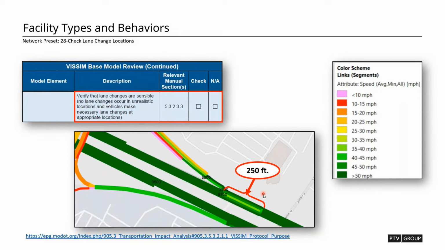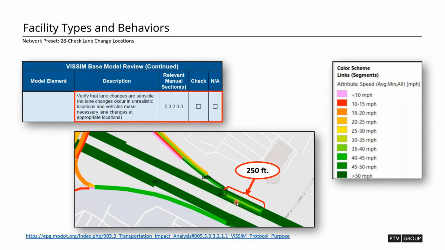And what we can look at is in the network, we can spot out, we're going to look at some of the speed results in the model. And we're going to look at, are there any points, particularly before an exit ramp or something like that, where there's a lot of sudden congestion, a lot of sudden slowdowns, indicating that maybe vehicles are making last minute speed changes or coming to a complete stop in a lane that they maybe shouldn't be coming to a stop in, which might be indicative of lane change behaviors that need to be recalibrated